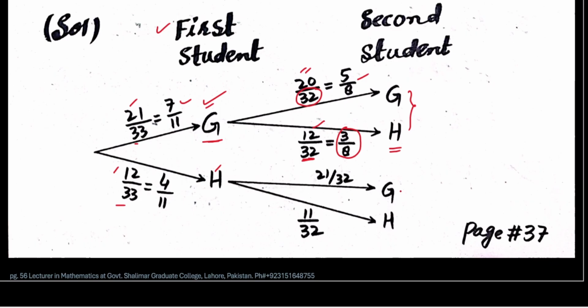Again, now I have two choices from this branch. Either this second student can read geography or history. This is the branch of history. So total geography students will be the same, that is 21, but out of 32 because one student of history is chosen already from here. And if I choose this student as history, total students will be 32 and one student will be dropped from here, that is now total students of history will be 11. So the probability is 11 over 32 here.